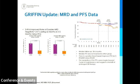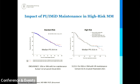a higher number of patients with sustained MRD negativity beyond the 1-year mark in the dara arm of the study compared to the RVD arm of the study, making the case that the depth of response and sustainability matters when you're utilizing the most effective therapies in the frontline setting. However,